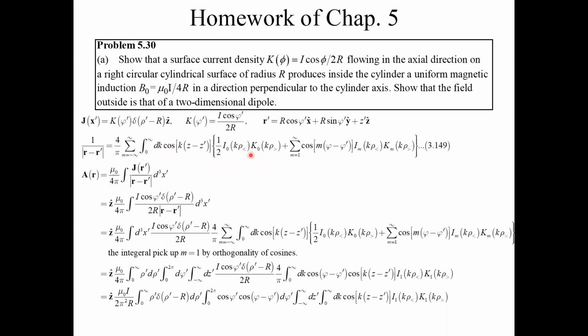Expand in cylindrical coordinates will be like this from the formula 3.149 in Jackson. Okay, so we just expand, and here we take a look inside this, and only the n